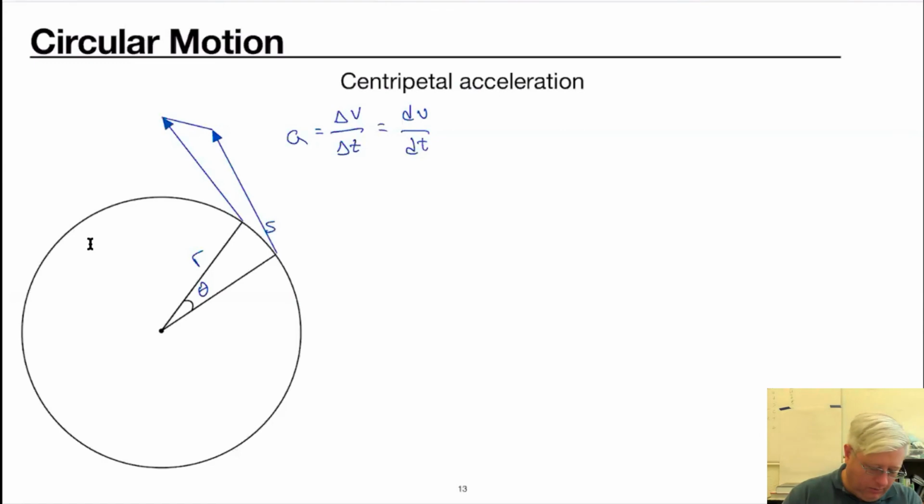Right? So these two will form an angle that is equivalent to this angle. Hopefully that makes sense. And so these are our velocity vectors right here and here. And so just like this, how this is the angle, we say s equals r theta. It might be more appropriate to say